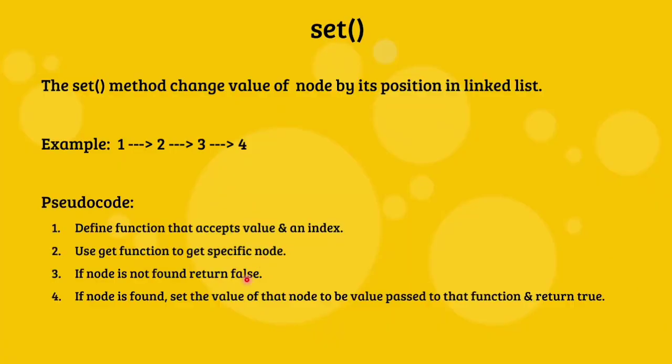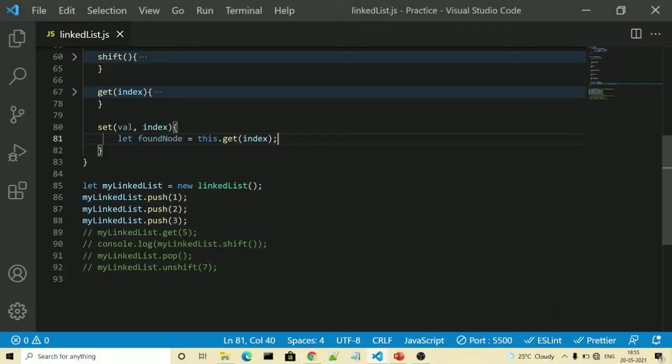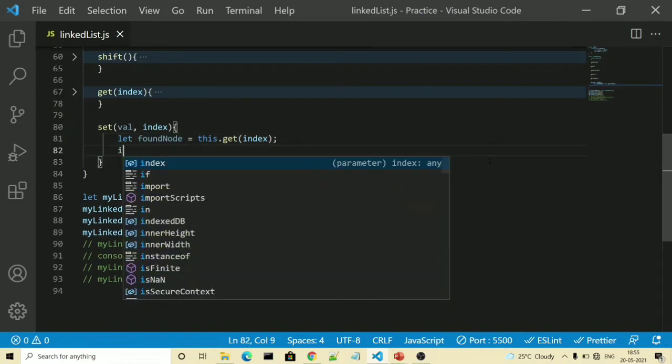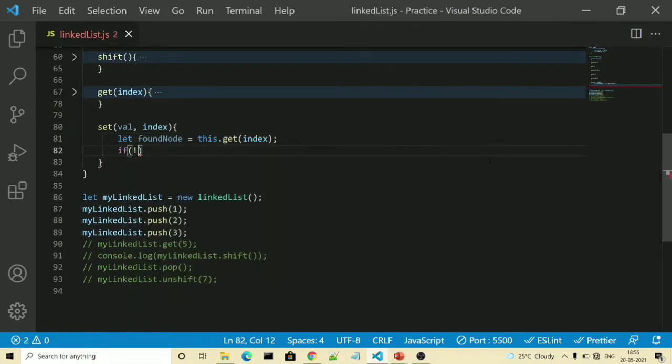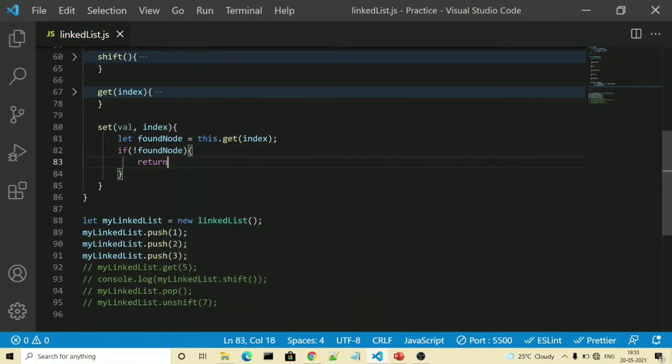Then in our pseudocode, it is told if node is not found, return false. Else, if it is found, set the value of that node to be the value passed to that function and return true. So we will simply write if node is not found condition first.